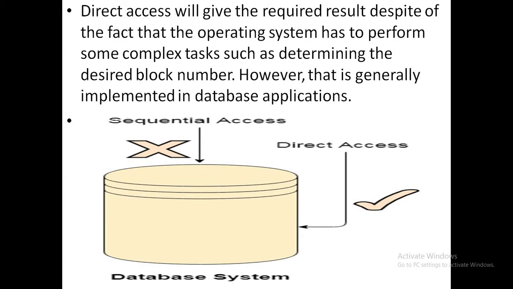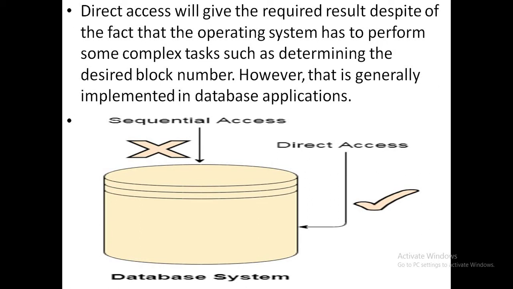That means one file, song 1, after that song 2, after that song 3, after that song 4, and after that song 5. So to listen to song 5, we have to wait a certain time period. That's why sequential access is called a slower process than the direct access mechanism. So this is the difference between the wrong process and the direct process.